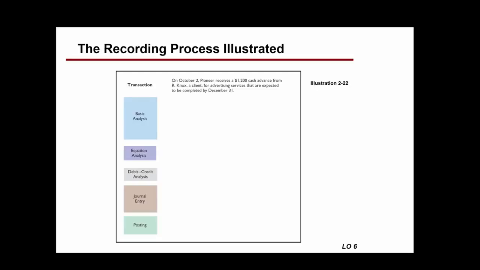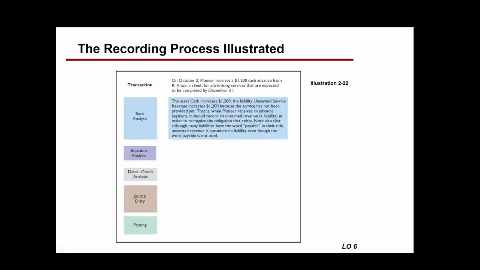Do you understand the concept here? Why unearned revenues? Because a lot of people think that unearned revenues are revenues. But you haven't earned them yet. The company owes their client a service that they have to provide. So the service itself becomes the debt. As a result, we have unearned service revenue